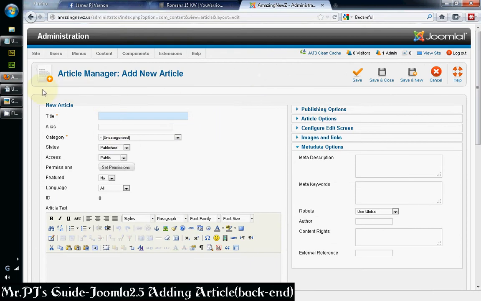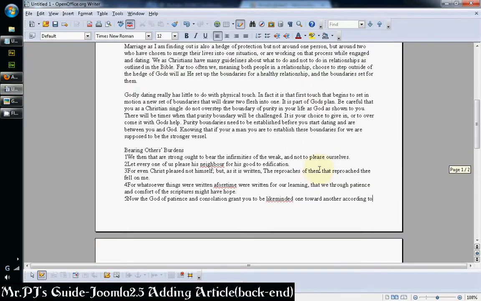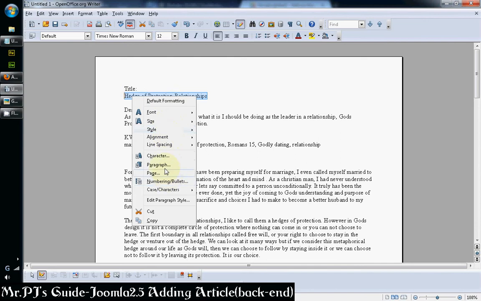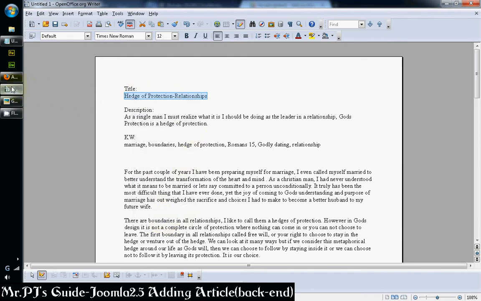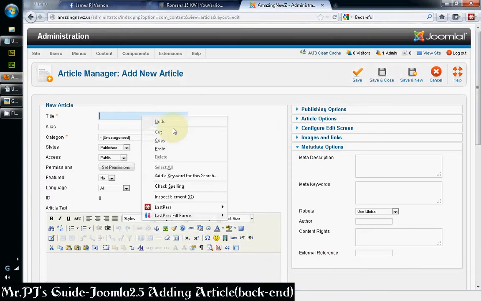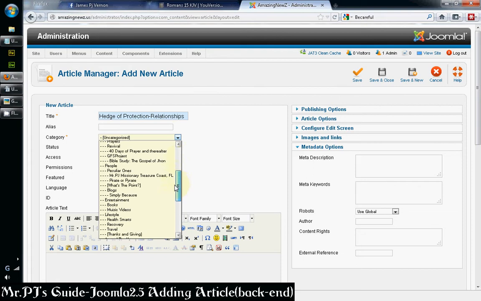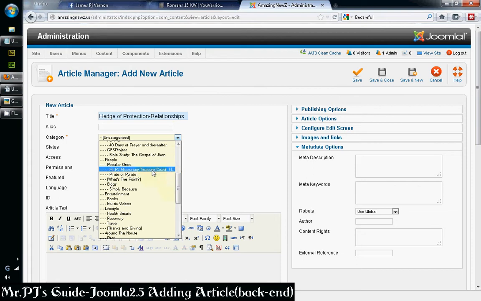and then in your composition where you made the article itself, I always like to put the title, the description, the keywords ahead of time, so I can simply edit and copy and then go here and paste the information right in. Now the category is just going underneath my blog, so I'm going to put it here,